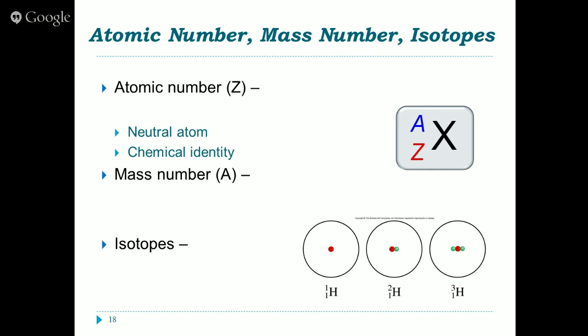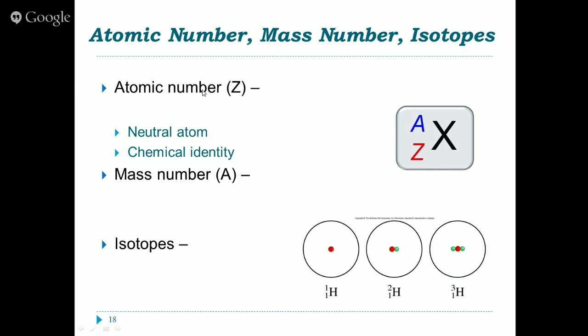So what can we learn about a specific atom or looking at a specific element? On our periodic table, it tells us different things. First, we can look at the atomic number. In our periodic table, the atomic number is listed above the elemental symbol. The atomic number tells us the number of protons that an atom has. If it is a neutral atom, then it also has to have the same number of electrons, because positives and negatives have to balance out equally if the charge is going to be 0. The atomic number tells us our chemical identity.